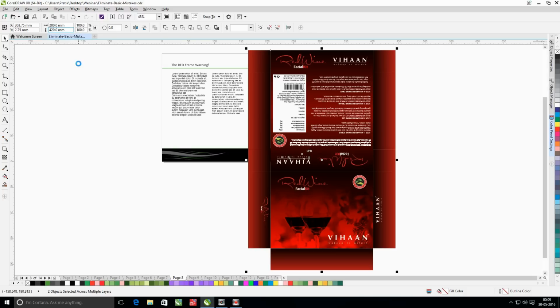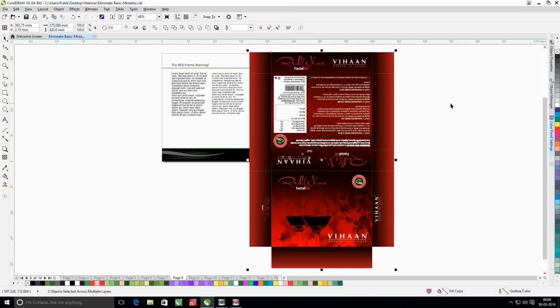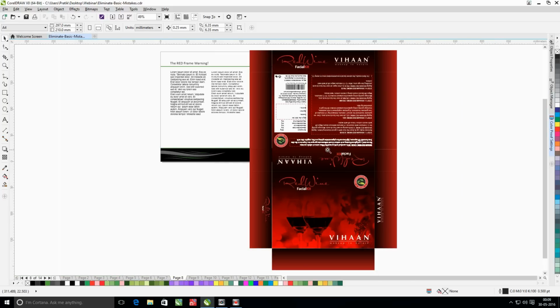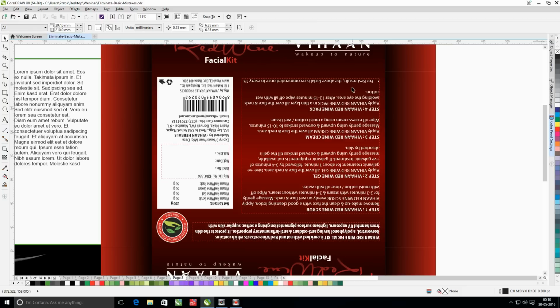And when I try to do that, unknowingly I have scaled down the paragraph text boxes, and now all text frames have missing text elements. So it is very easy to miss out such changes.